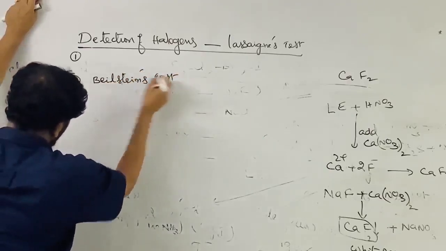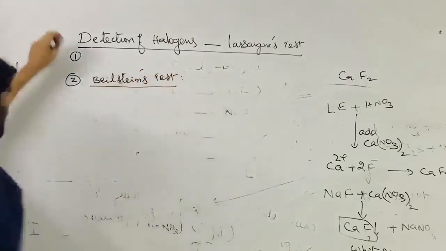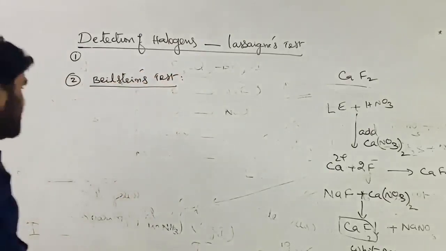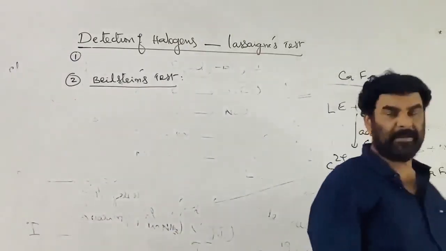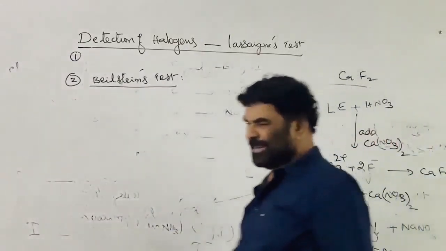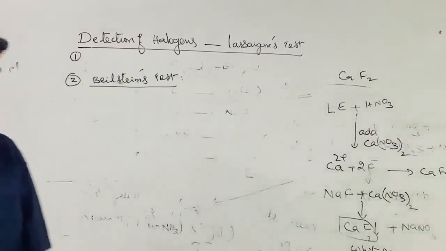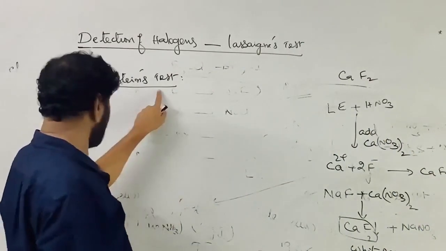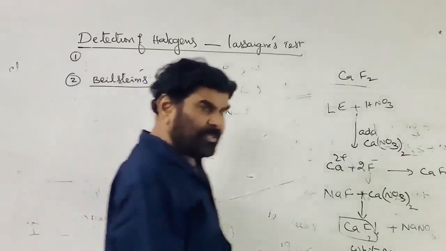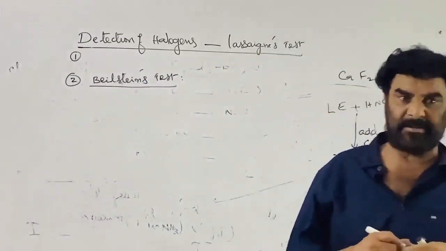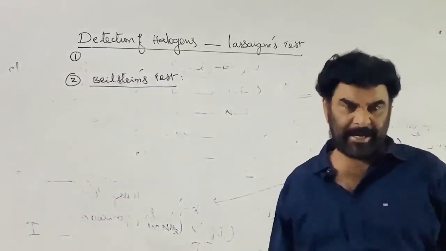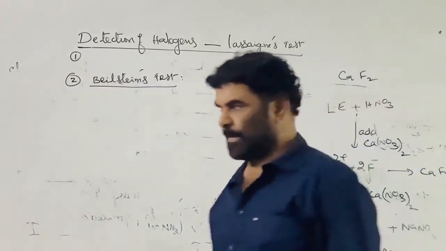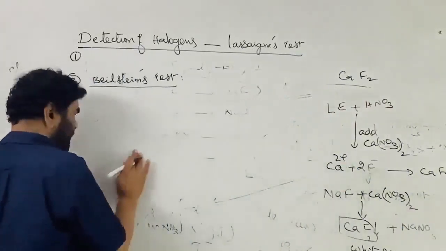The second test for the detection of halogen is Beilstein's test. It is a qualitative test. This is another test, not the Lassaigne's test. Here we are not using Lassaigne's extract. It is directly conducted on the given organic substance. In this test, what they do is